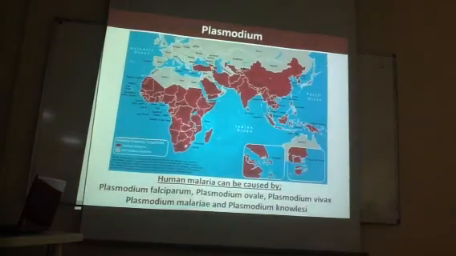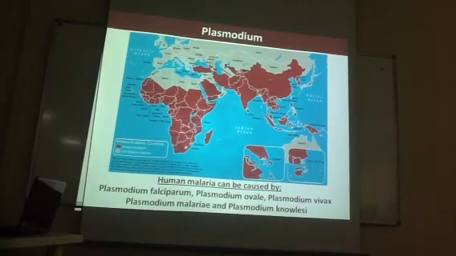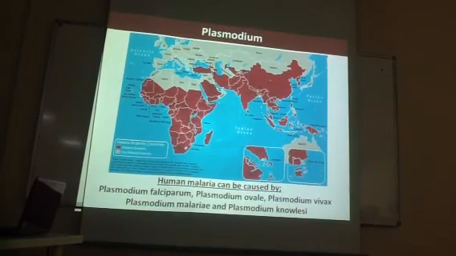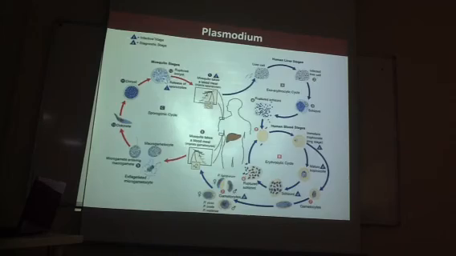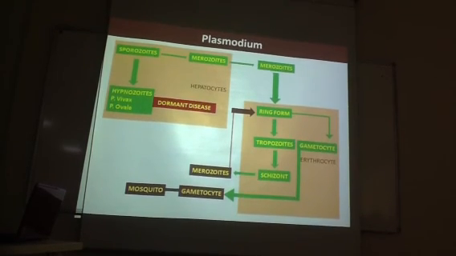Malaria is produced by the Plasmodium. There are 4 types of Plasmodium, very important: Falciparum, Vivax, Ovale, Malariae. And when the mosquito bites, the sporozoites enter. Then they go to the liver. From the liver, they are converted into merozoites, and the merozoites come out of the liver, and they enter the erythrocyte. They will become ring form and trophozoite and the schizont.